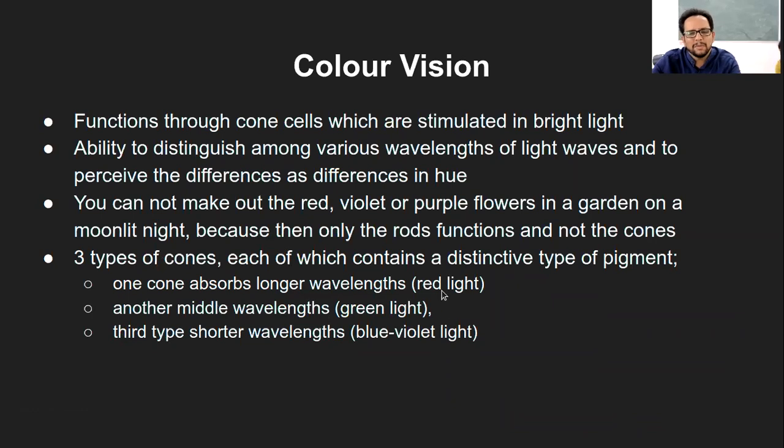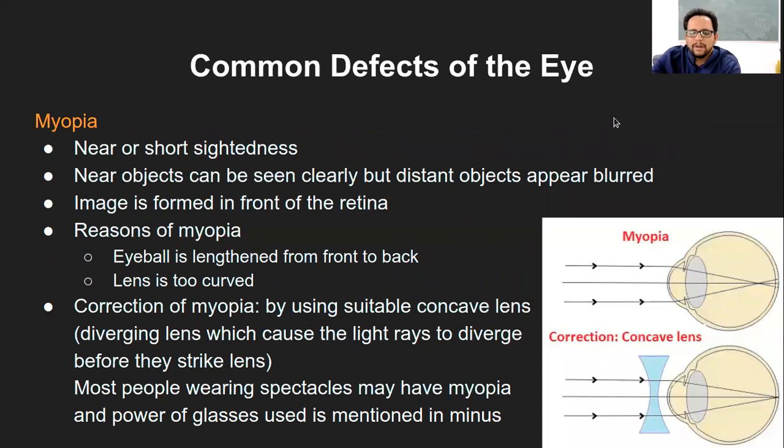They are also sometimes called red type of cone cells, green type of cone cells, and blue violet or blue type of cone cells, in short. That is specifically based on the type of wavelength that they absorb, based on the pigment that is present. So that is just a short introduction about color vision specifically with respect to the type of cone cells, and that's most of the structural as well as functional aspect.